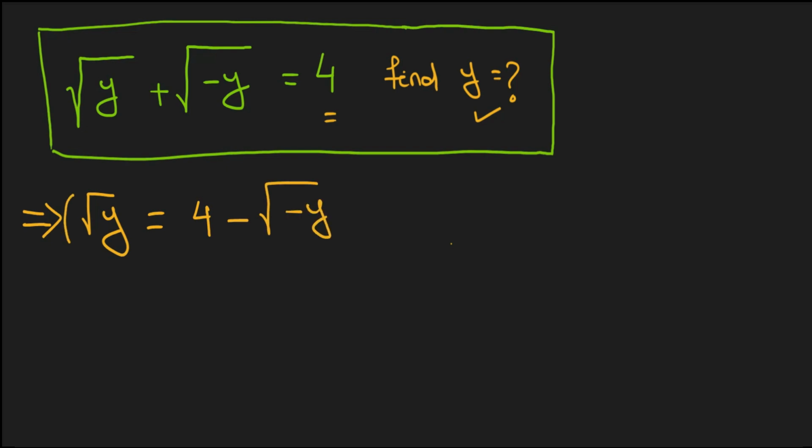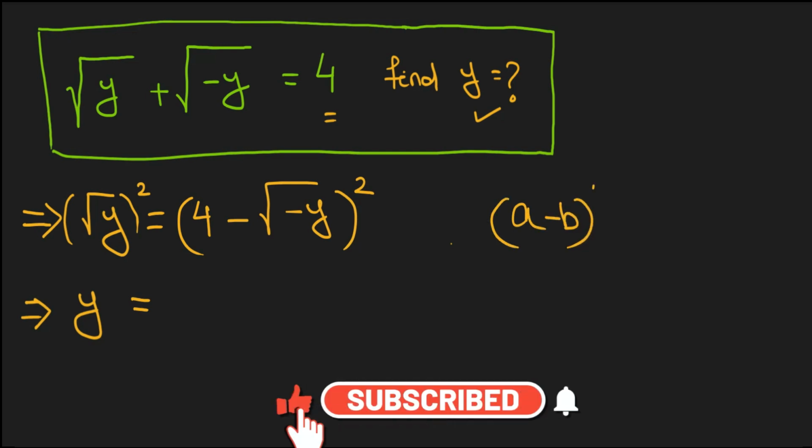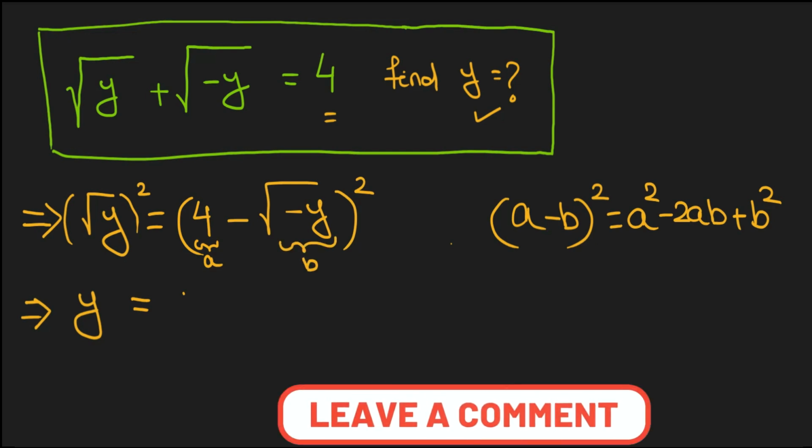Let us do square on both the sides of this equation, and we can write this equation as square root of y whole square will become y, and now this is like a minus b whole square, and the formula for a minus b whole square is equal to a square minus 2ab plus b square. So now this is a and this is b, and we can expand this as a square, that is 4